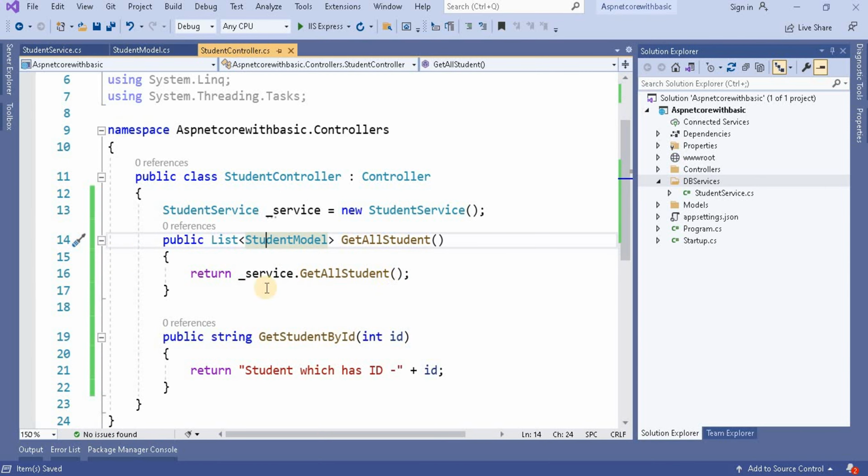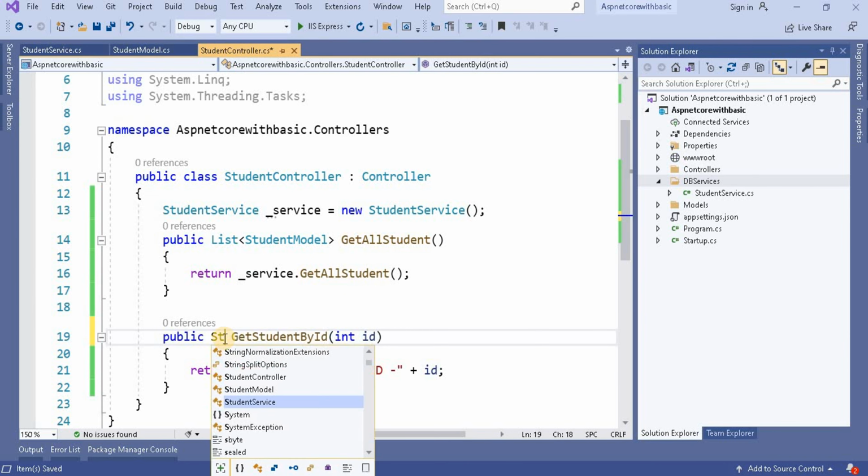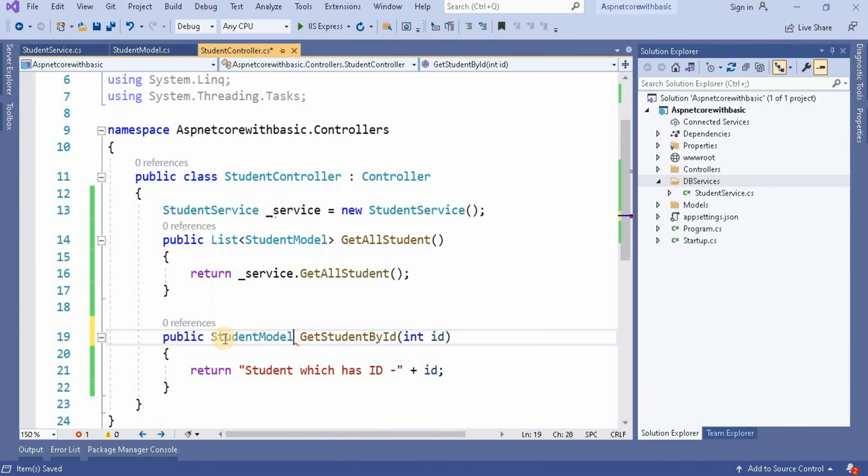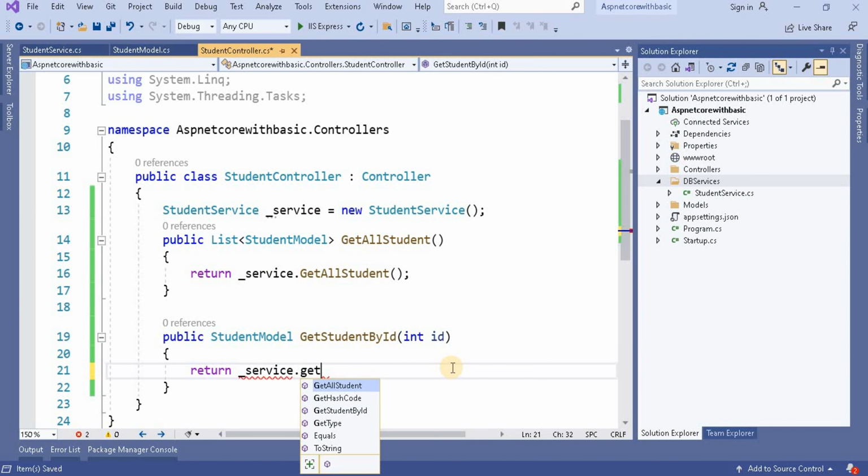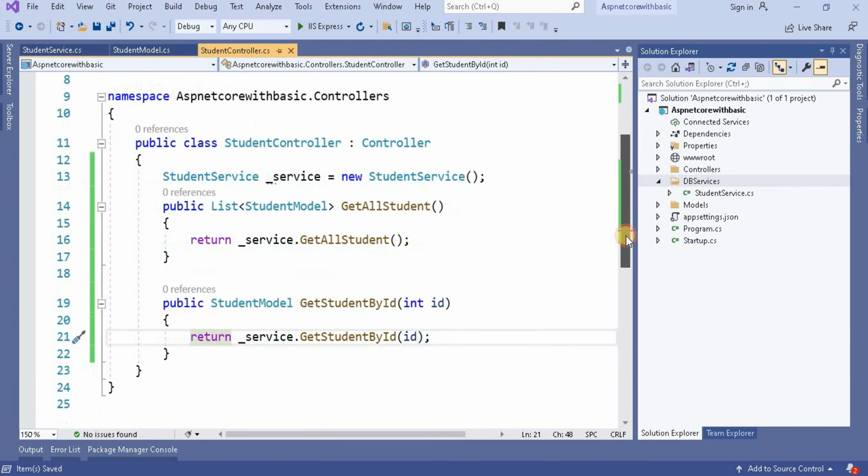Similar to that one, student model, what it returns, service dot get student by ID, and we will pass ID from here, whatever we are getting here. So now what we have done, we are calling the particular method as per our requirement. Now let's run this application.